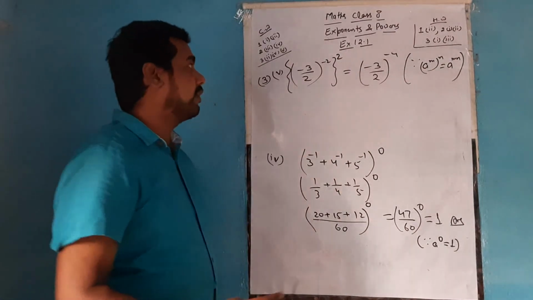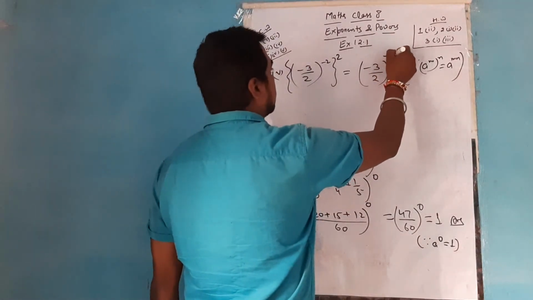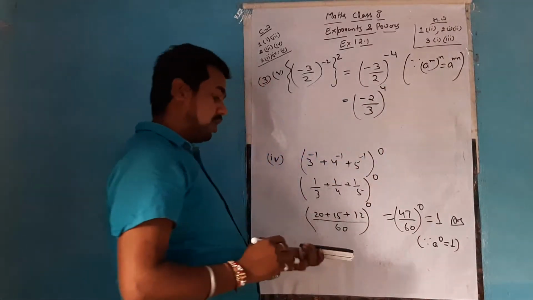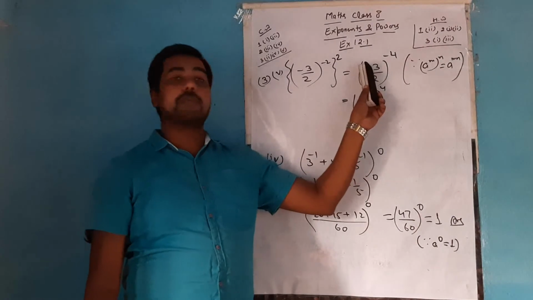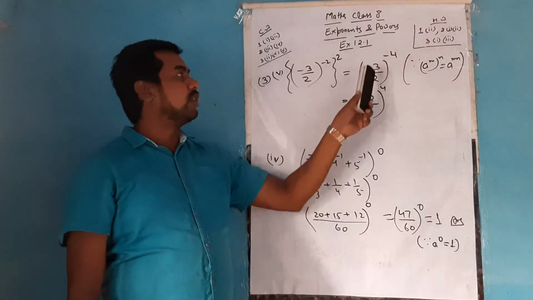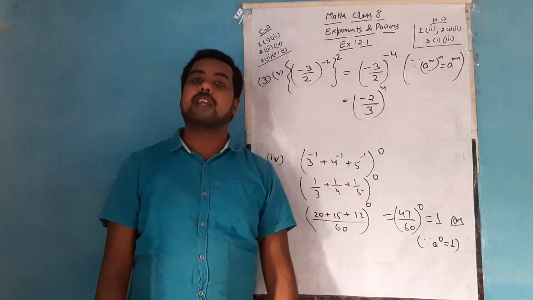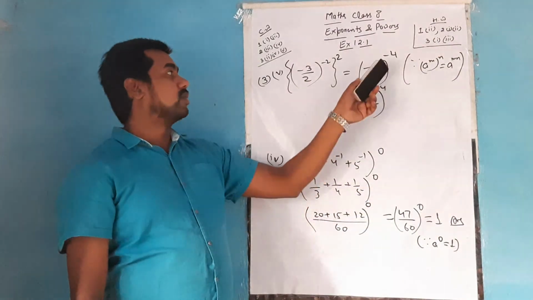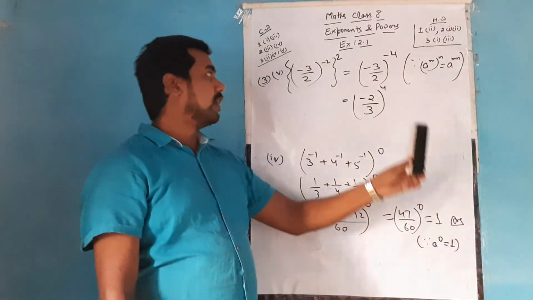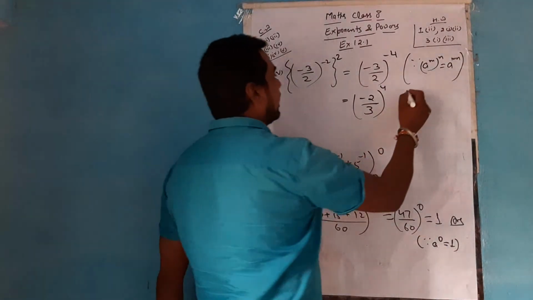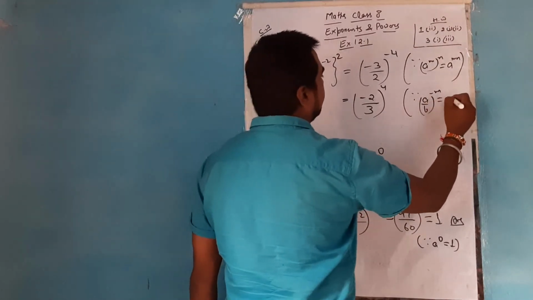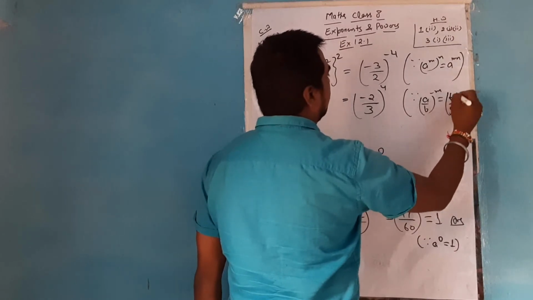Now the power is negative. We need to make it positive. So make sure that you make the reciprocal. That becomes (-2/3) to the power 4. Always remember, we don't make the reciprocal of the negative sign which is there in the numerator. That remains at its place. You will only make the reciprocal of the numerator and denominator, not the negative sign. So the reciprocal of 3/2 becomes 2/3 and the power automatically becomes positive as you made the reciprocal of it. And here the law applied, since (a/b) to the power -m is (b/a) to the power m.